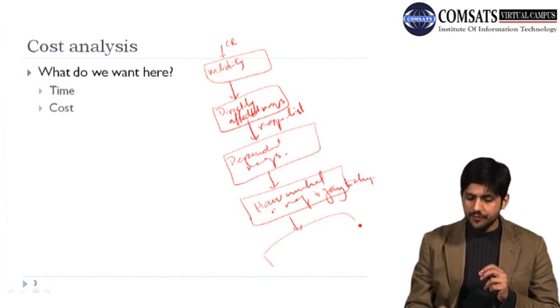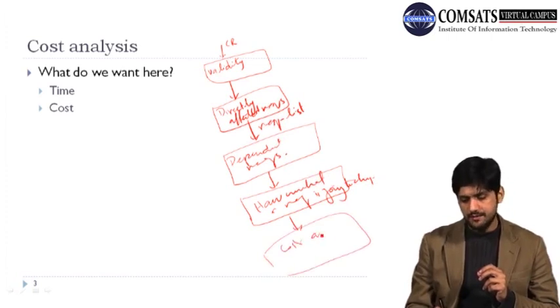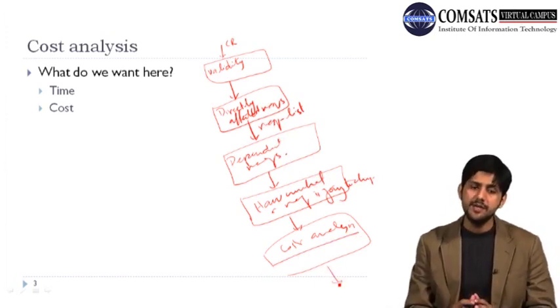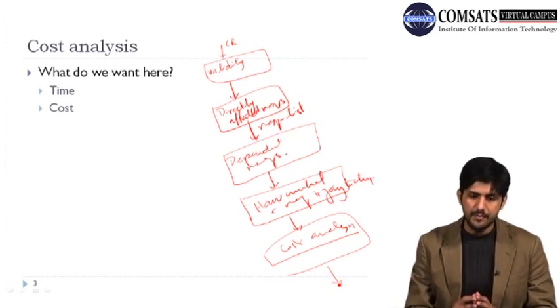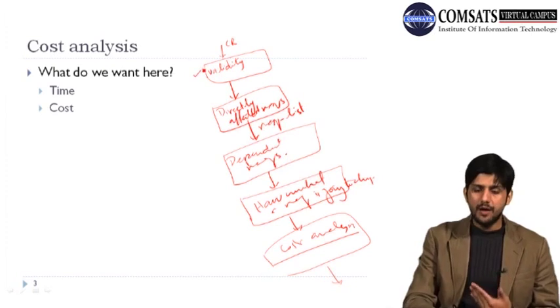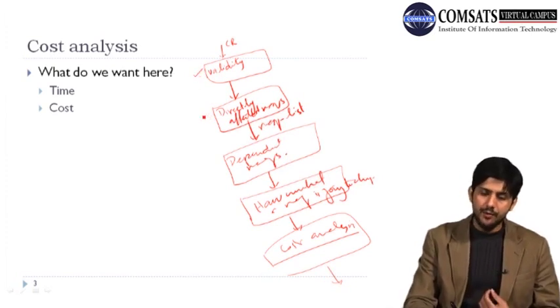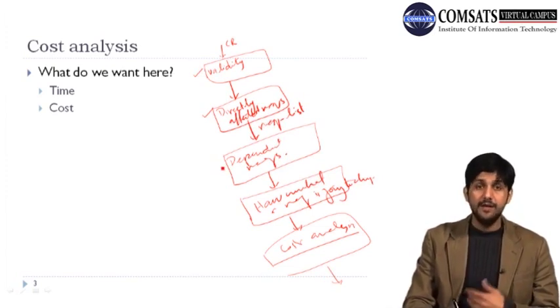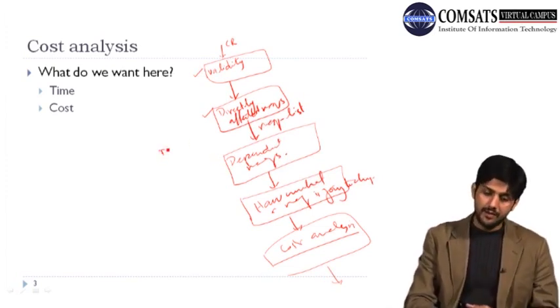And based on this information, we do some cost analysis here. And then finally, on the basis of cost analysis, we either accept a change or reject a change. So this step is very clear. We talked about how we establish the validity. We said how we identify these directly affected requirements, and then how we can use requirement